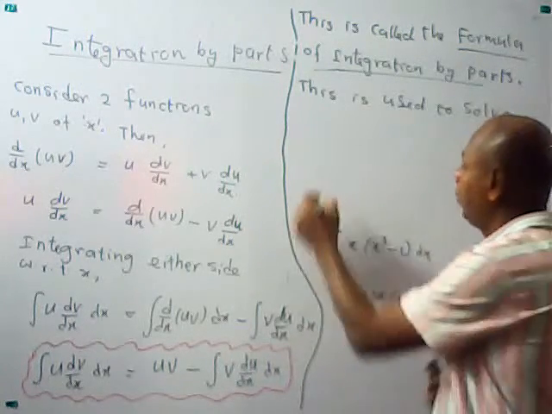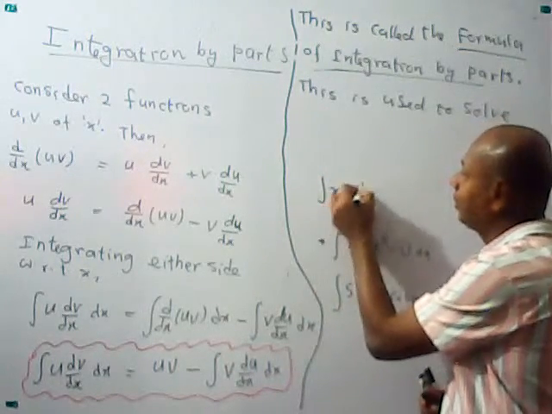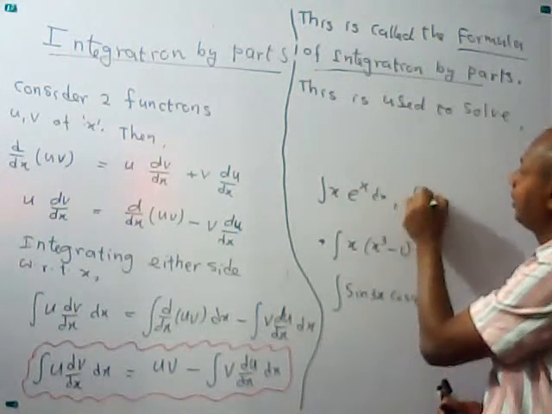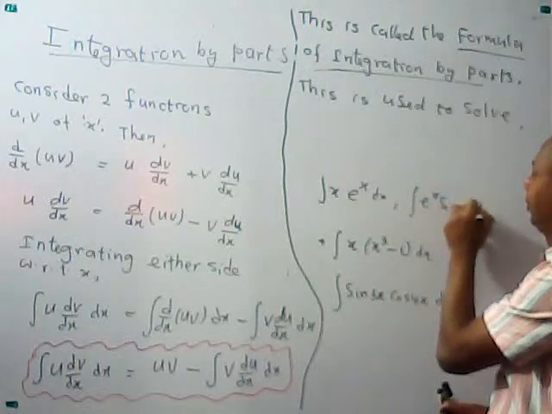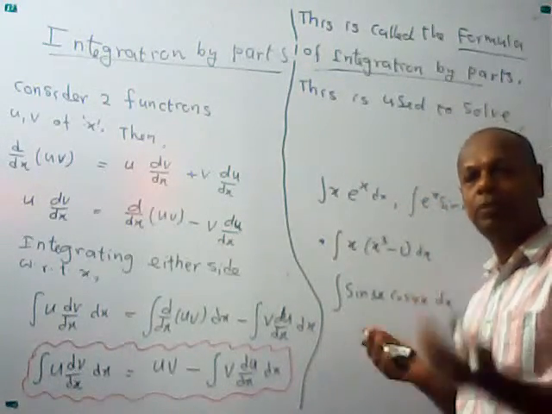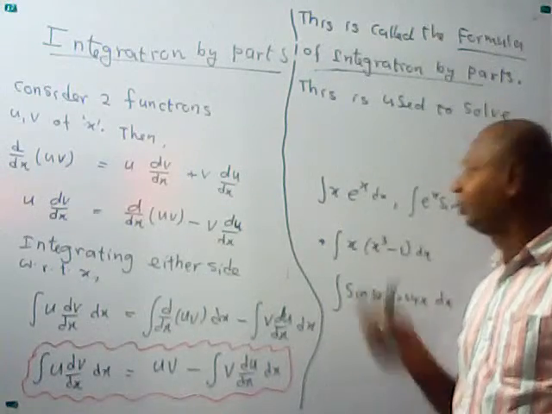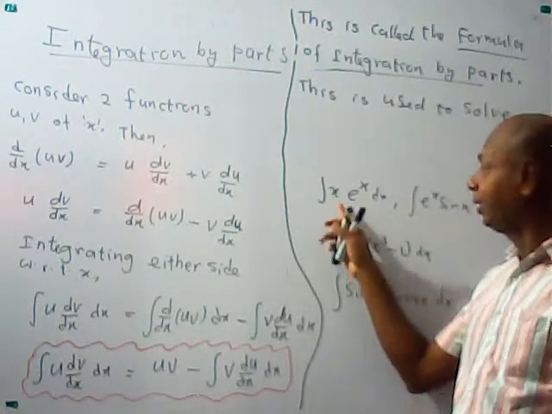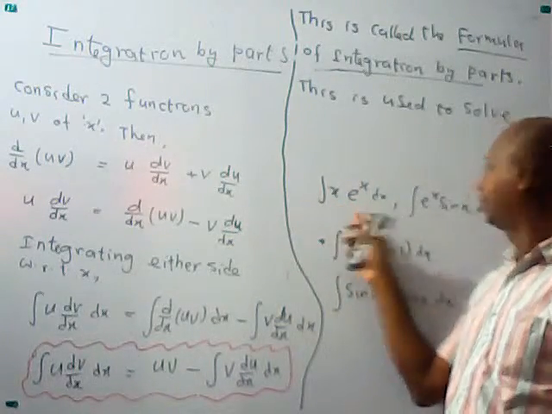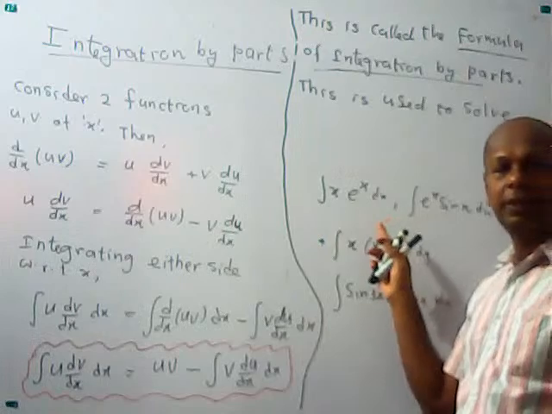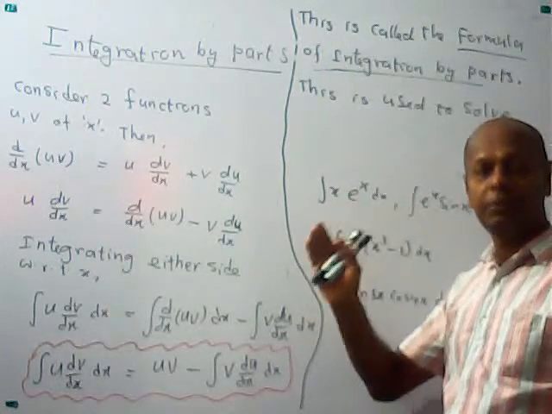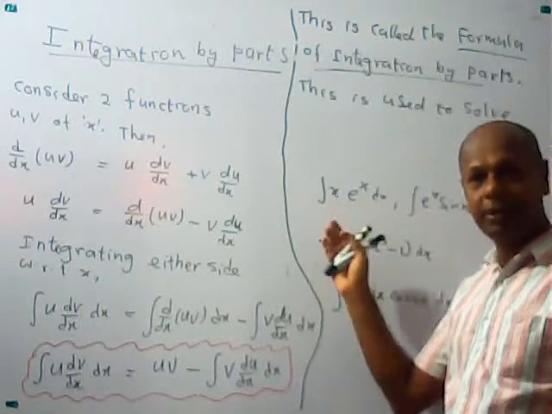But if you have something like x e^x, or maybe e^x sin x, can you simplify them using a formula or normal algebra? No. So they are two different types of functions: algebraic function and e^x, trig function and e^x, right? So in a case like this, two different types of functions multiplied, to integrate,